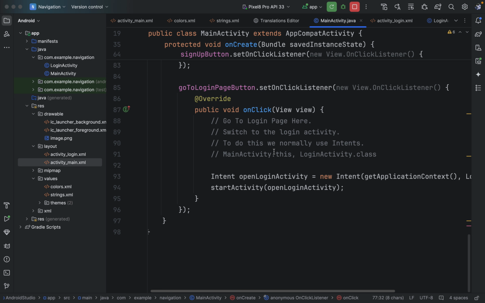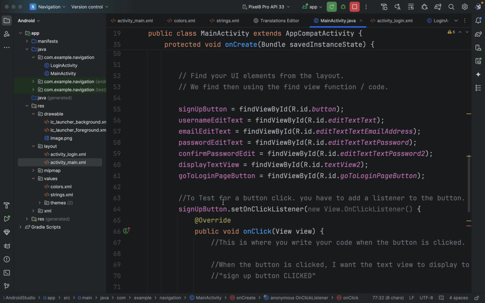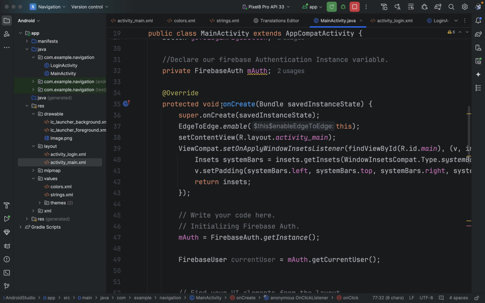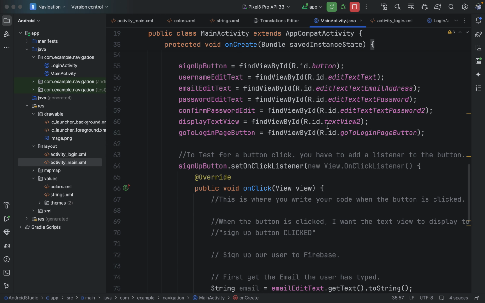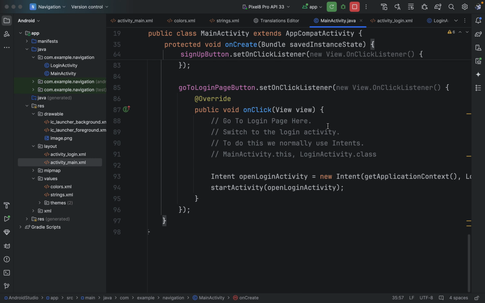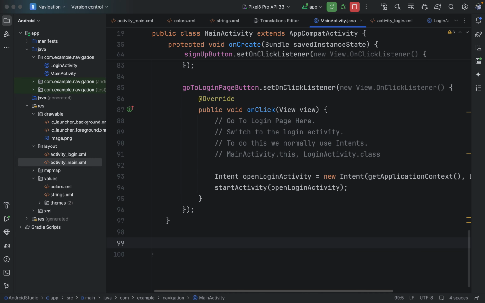Outside the main function, the onCreate function, you just click on this curly brace to see where it's ending, and it's ending right here. So outside here, we create another function and say private void